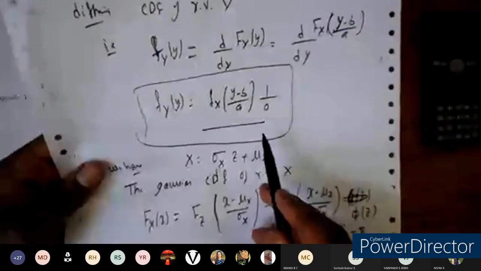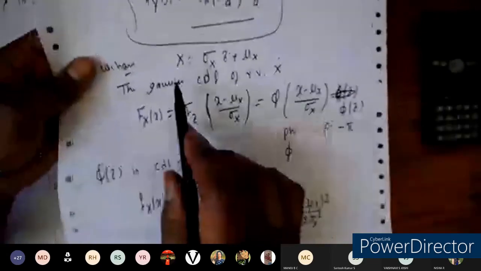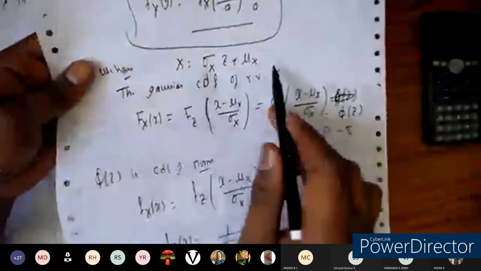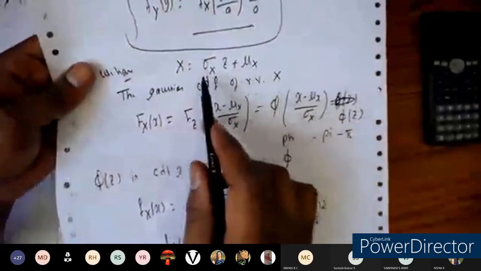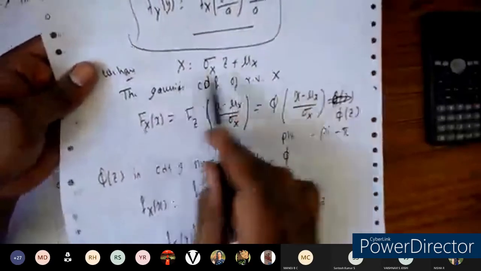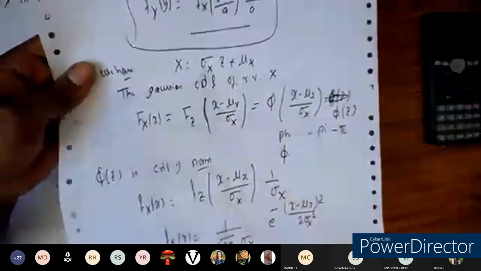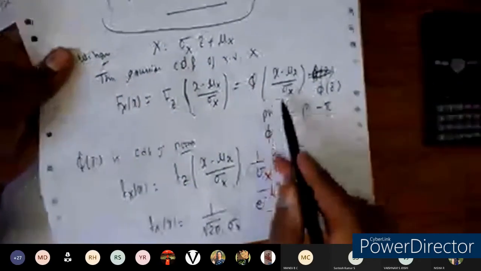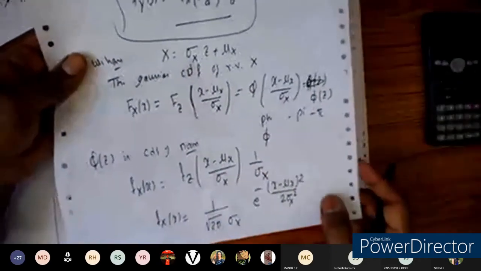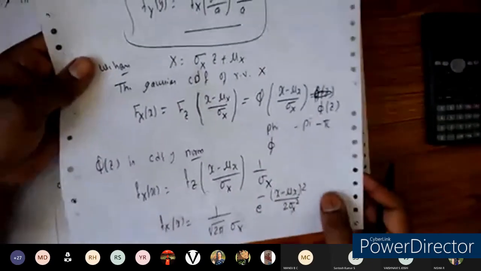Okay, this expression will be expressed as the mean and the variance of the new random variable, which will be expressed here. Here we need to find out the PDF of the random variable z, or the PDF fx of x. We are going to make use of these expressions in the problem. I will tell you how we are going to use this one here.